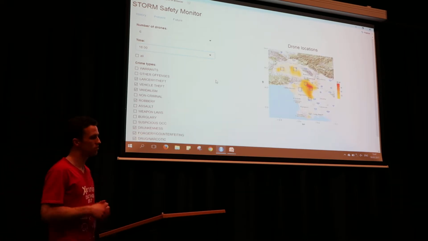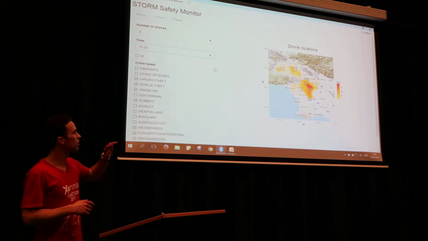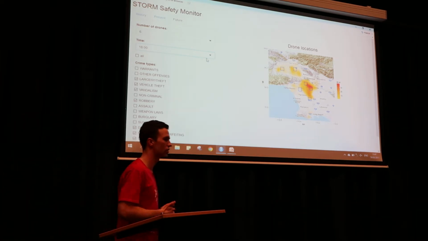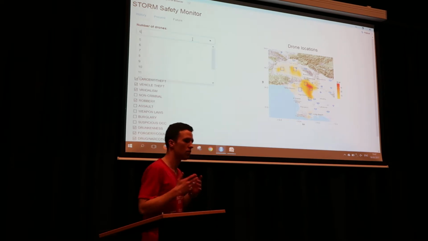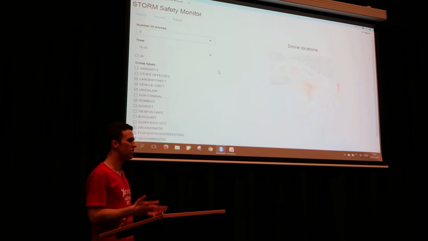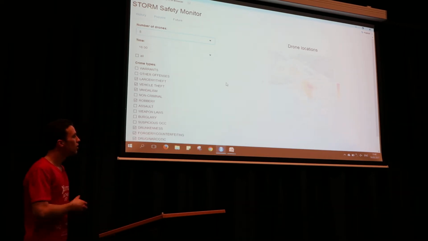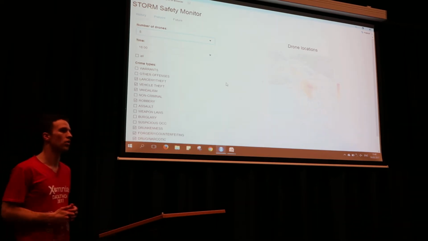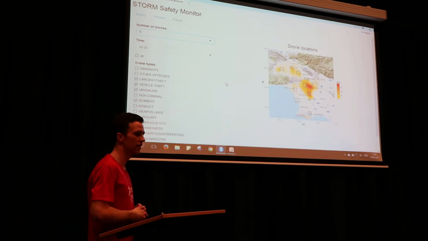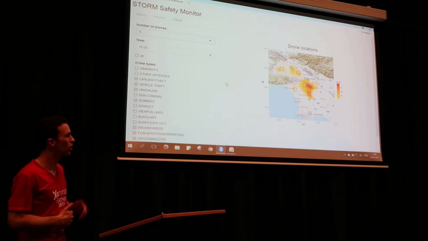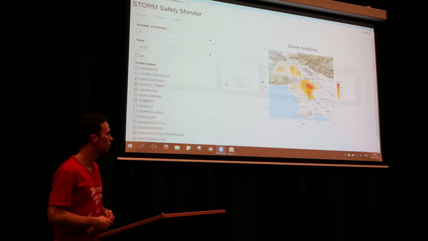And after the prediction is done, it will calculate the squares on the map, and that will be the perfect spot according to us, or algorithm, where we can best put this drone into practice. So if you put it over there, we have the best chance of detecting crime by, for example, a camera. And if, for example, a robbery happens, we are already there. So that will be a really great benefit.